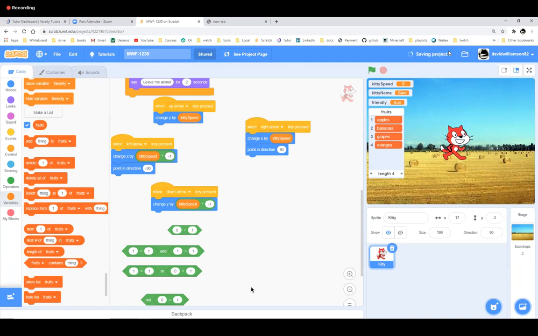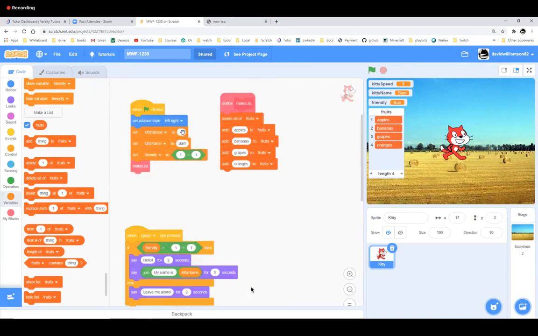Okay? Now, if I go up to the variable and I want to change it to like 10 or something like that, now if I click the right arrow, look, his x value is 17. So if I click right, what's going to happen? It's going to be 25. It's because I actually have to click the flag in order for this set kitty speed to 10 to actually set kitty speed to 10. Okay? So I'm going to click the flag. Now the kitty speed is 10. It's going to go from 25 to 35, 45, 55.